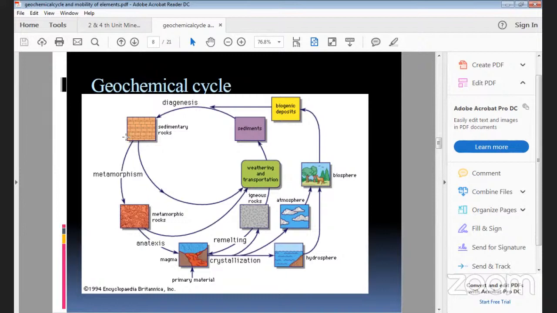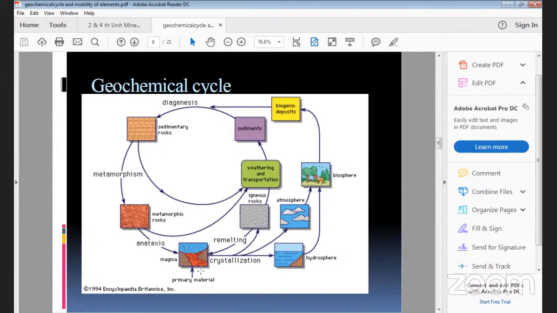So these sedimentary rocks, again, in the presence of a huge amount of temperature and pressure, will be changed into metamorphic rocks. The process is called metamorphism, and metamorphic rocks will be formed here. When they are formed, starting from the recrystallization, they are getting a huge amount of